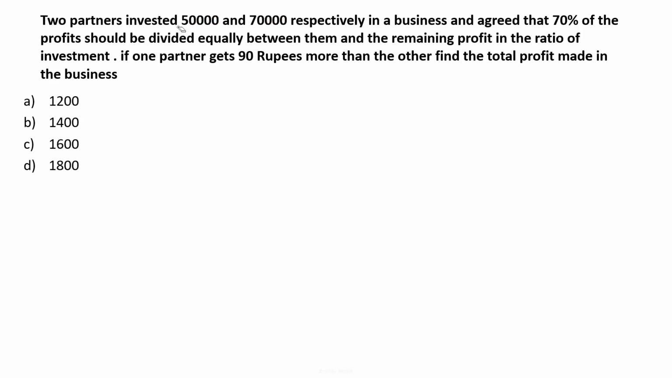Just take the simplified ratio of 5:7 as the investments of A and B respectively. And they agreed that 70% of the profit should be divided equally between them. So out of the 70% of the profit, there was no difference between A and B. They divided the profit equally between them, so there should have been no difference out of 70% of the